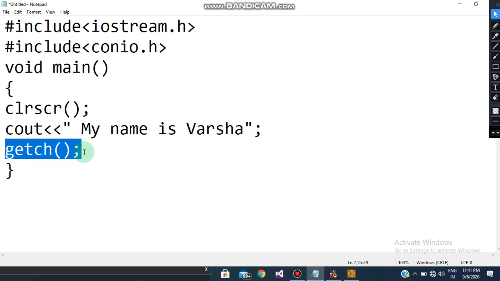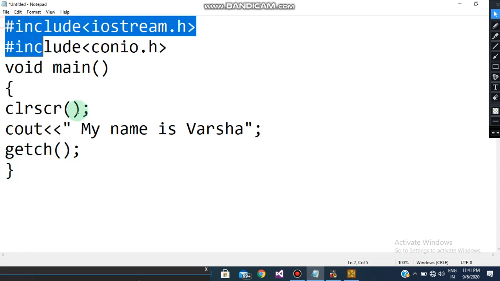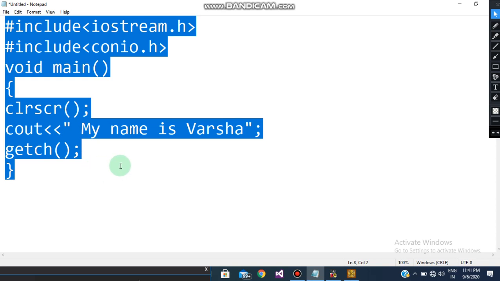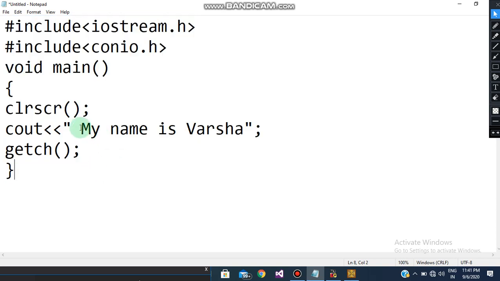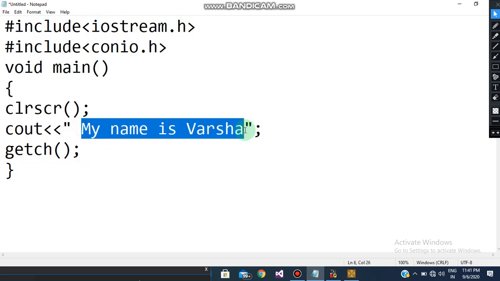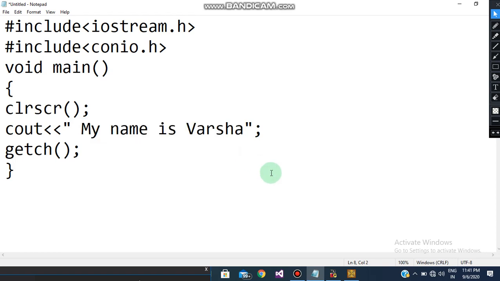And then again a terminator at the end, and then the end of the main block, and with this the program is done. This is a very simple program to print your name or anybody's name. Okay, fine. So the same program I've written on